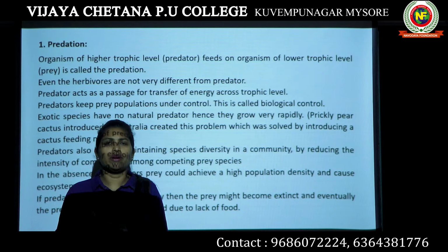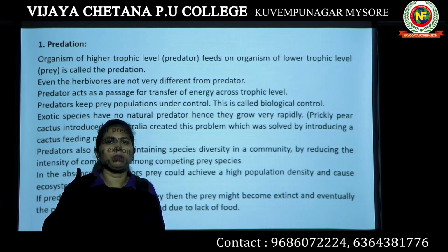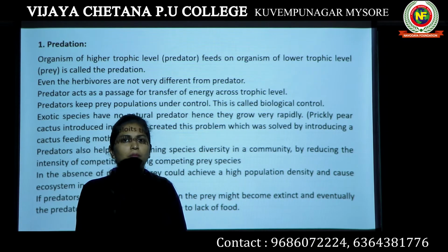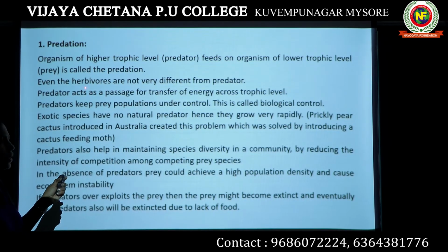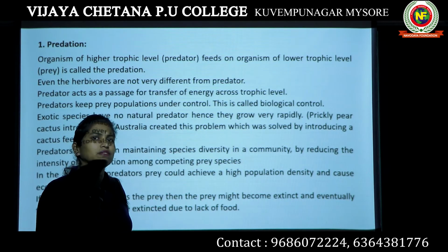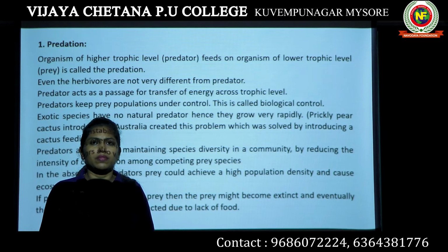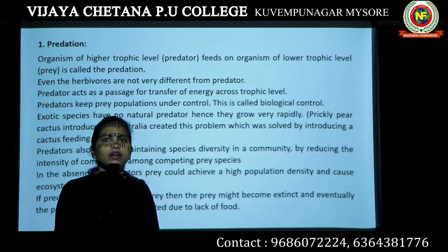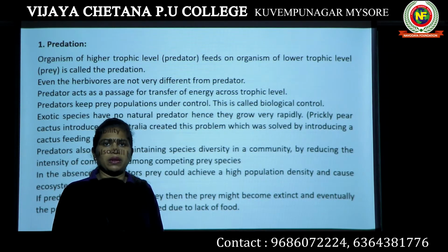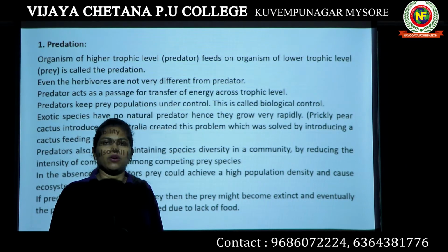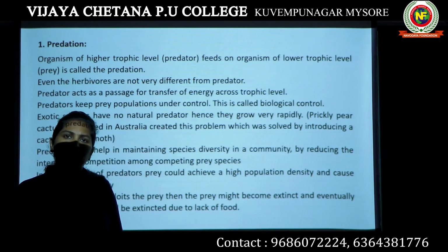Grass is a lower trophic level, so it can be considered prey, whereas if the sheep is eating the grass, the sheep can be considered a predator. A sheep is a herbivore, an organism that eats only herbs. So even herbivores can be represented as predators. Take a deer. A deer also eats the leaves of a plant. The deer belongs to a higher trophic level, whereas the plant belongs to a lower trophic level, and the deer is feeding on the plant. So the deer is a predator, whereas the plant can be represented as prey.